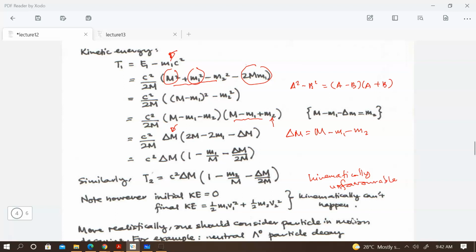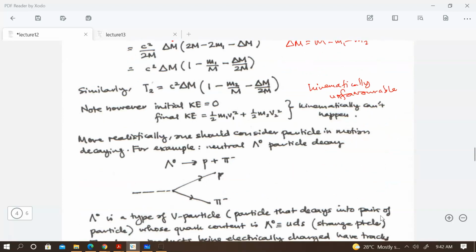So really it's a nice pedagogical example, but it's not realistic enough. So what we do in this particular case is to consider the case where your initial particle is not at rest. That's the next step. One of the things that we can analyze is this idea of